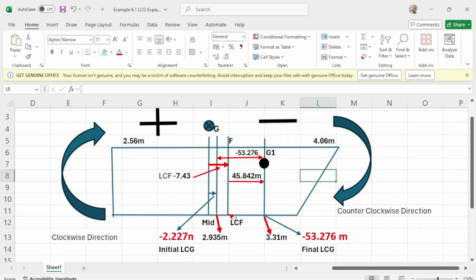Okay, so now take note, guys. This is G1, the new center of gravity, and this is your center of rotation.